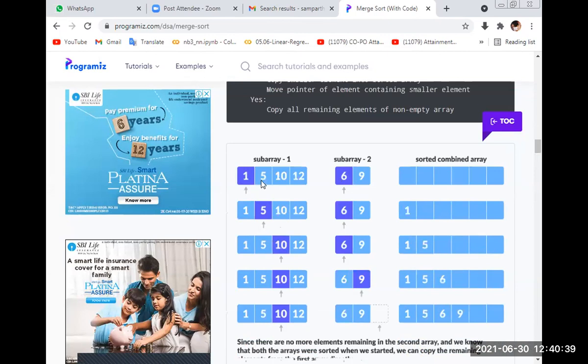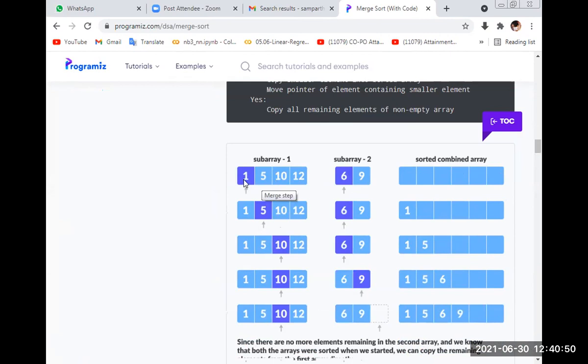So now this is my subpart 1 and this is subpart 2. Then we consider one temporary array to store the result. I compare this part with this one. I am considering this array as A of index I and this array as B of index J. This is my result store, C of index K. I equals 0, J equals 0, and K equals 0.